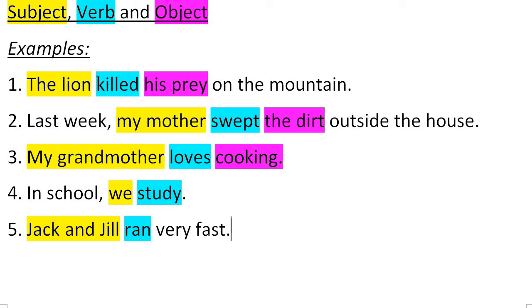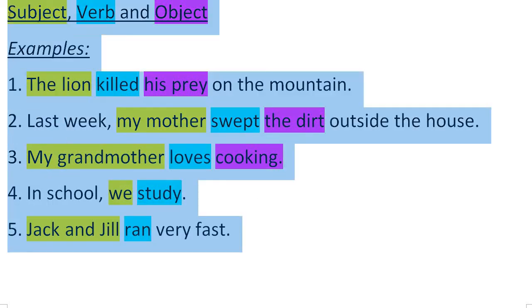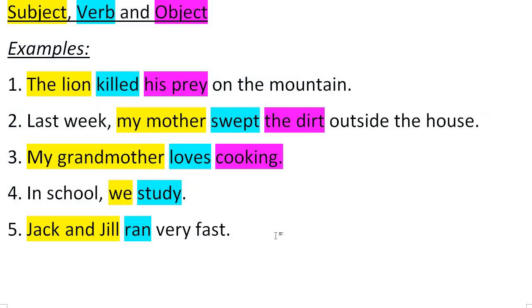Okay, so that's subject, verb, and object. As I say, it can get a bit more complicated, but try and follow the rules. Who or what killed, and then who or what is being killed. Okay,